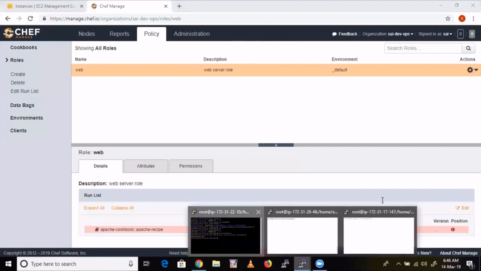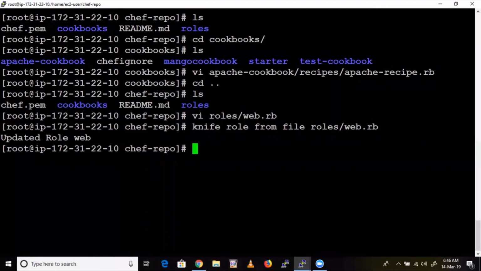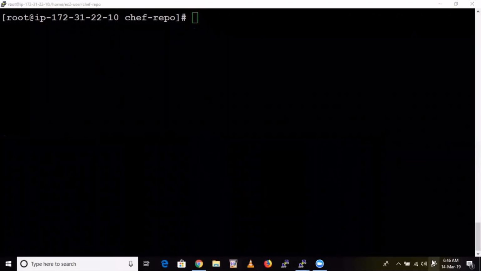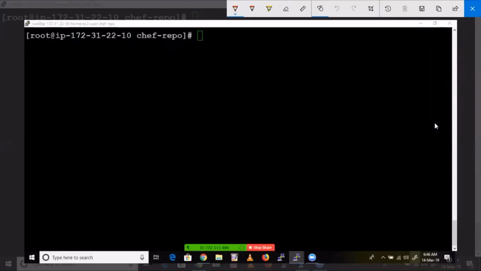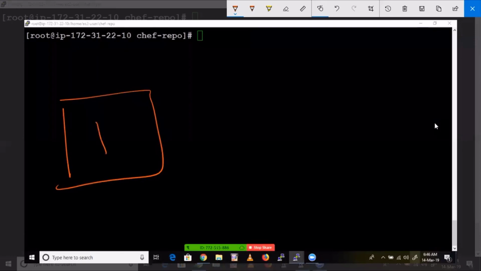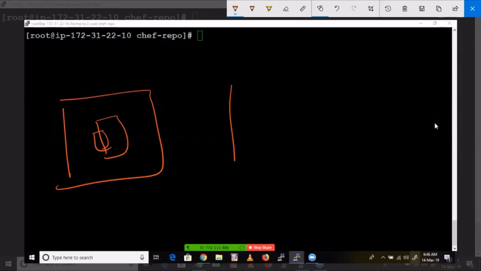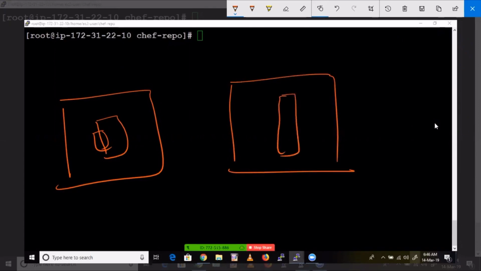Now what are we going to do now? See here. This is my workstation. I have created a role. I have attached the cookbook to this role. Now we have uploaded that role. That role is here. The cookbook also is here.